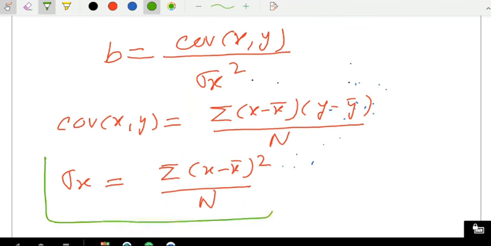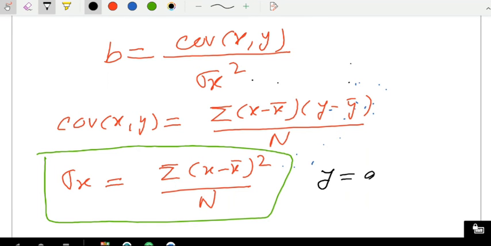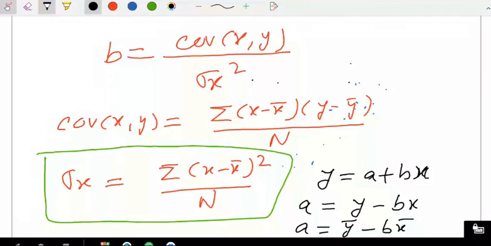If you are able to find out the b, you can use the formula to calculate the value of a. That means y equal to a plus bx. So from the graph, you can estimate the value of x and y, and then if you put the value of x and y, you can estimate the value of a also. Okay, so the value of a will be given by y bar minus b x bar. If you know the value of b, and x bar and y bar, you can put the values and estimate the value of a also.